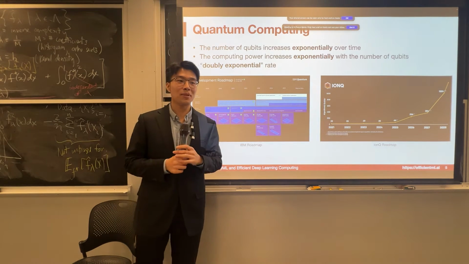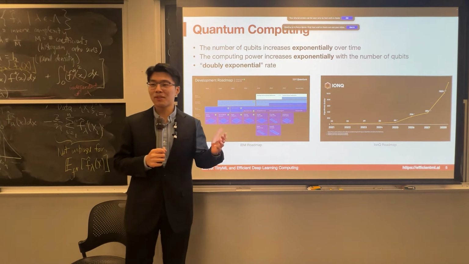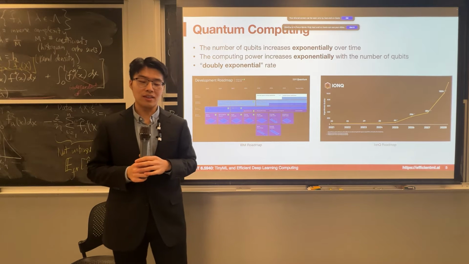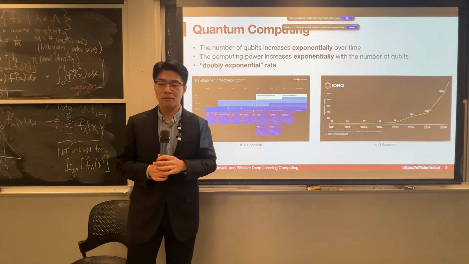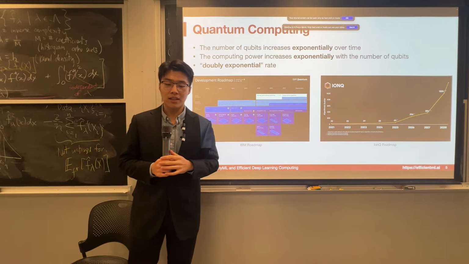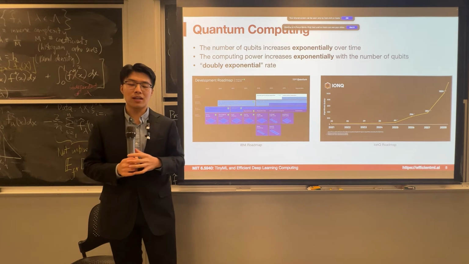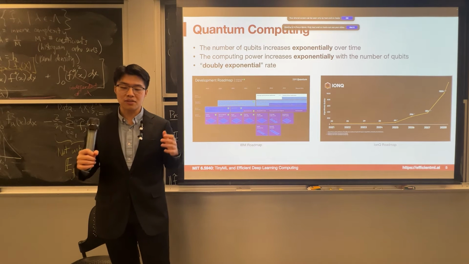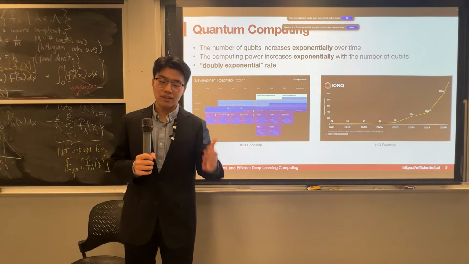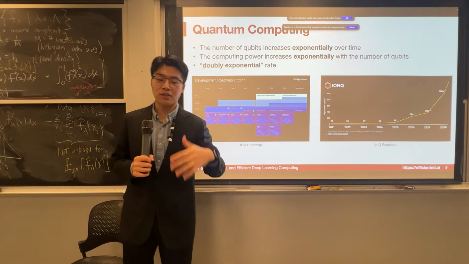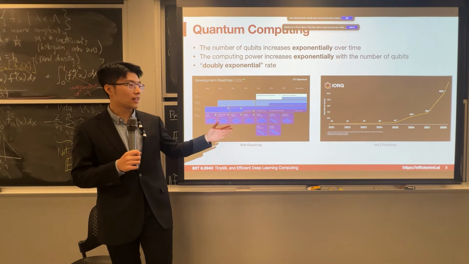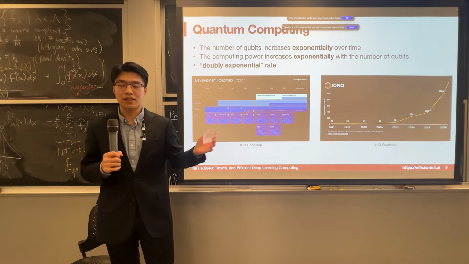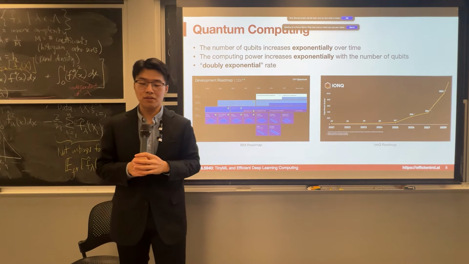Today's GPU and CPU systems are very good and very mature, so why should we switch gears to an emerging technology, given it is not very reliable and not very mature? I think the major source of hope is that quantum computing has this very nice exponential speedup trend. The first exponential comes from the number of qubits. In the last several years, especially the last 3 years, we see an exponential increasing trend. We scaled 2 orders of magnitude.